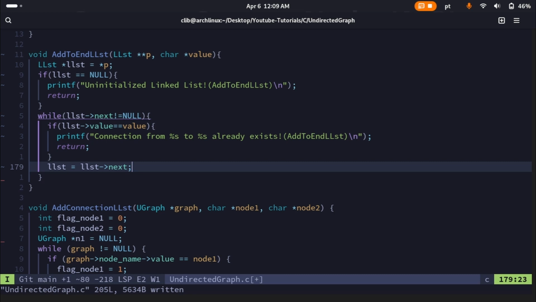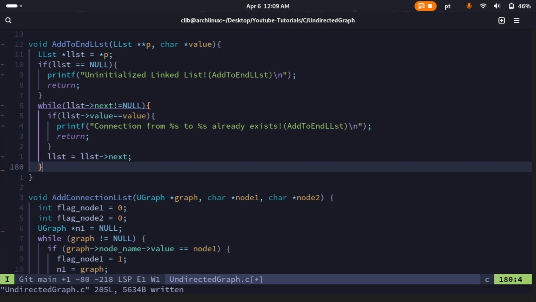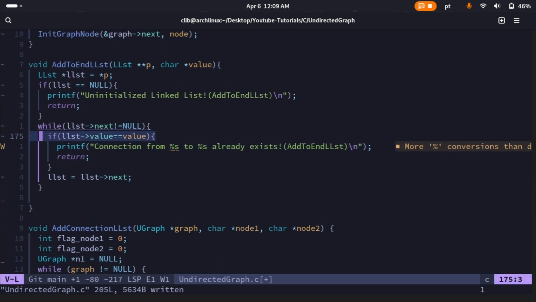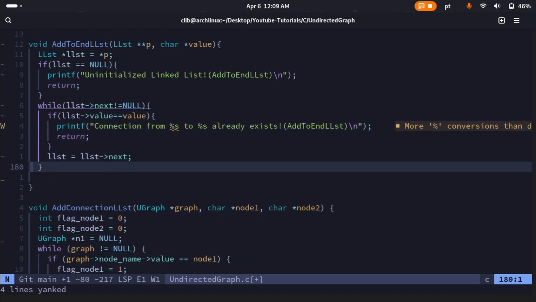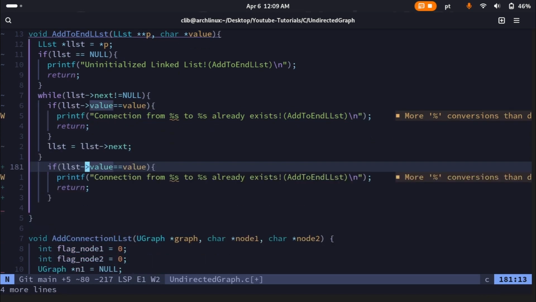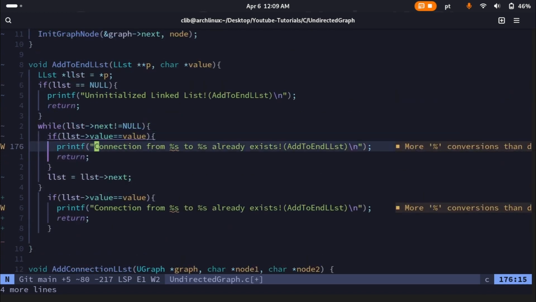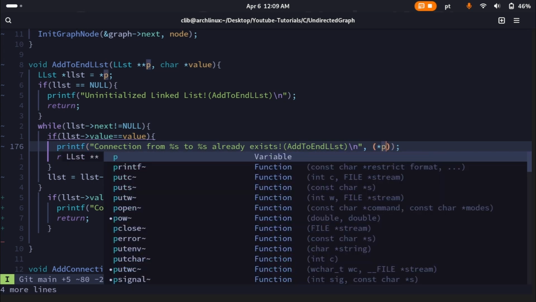And if we don't find the value we're trying to add at the end, as we're looping up to the second to last element, we also have to check if this is true for the last element again. So if linked list value is equal to value, the connection from something to something already exists, and we return again. So the connection in here is from the node we're trying to add, so the head of the linked list. So in this case, the head of the linked list is, we can call it, P